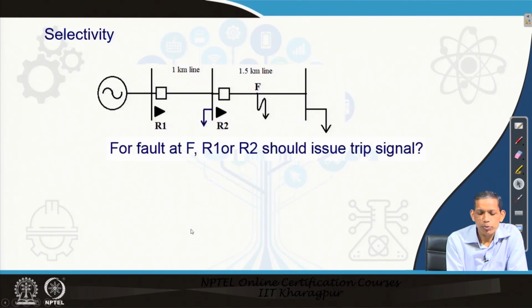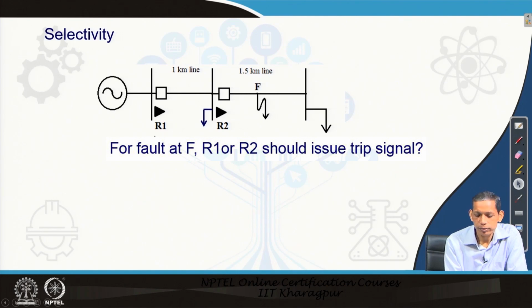Now, on other aspects of protection schemes, let us see this circuit. Substation source, we have two sections of line, and let us consider a fault at point F. In this case there is a clear mandate that the relay R2 should make a decision and trip the breaker here, so that this section can be isolated and the rest of the portions including this load can be fed from the substation.